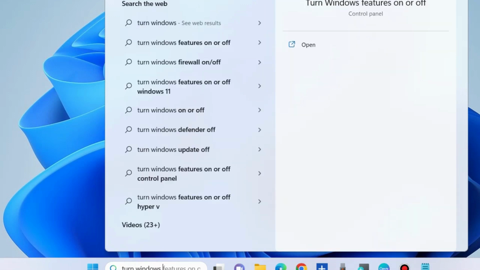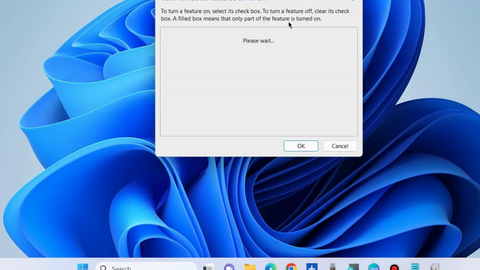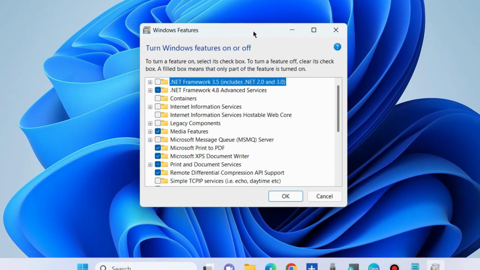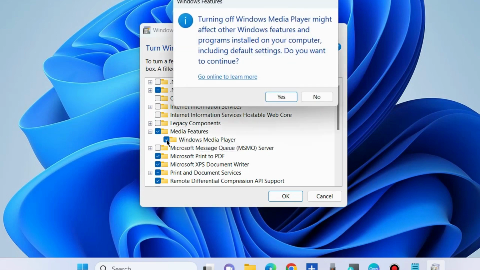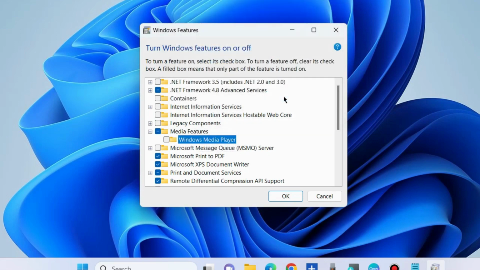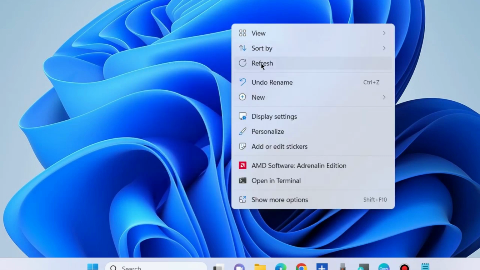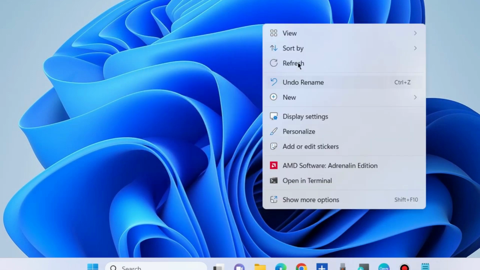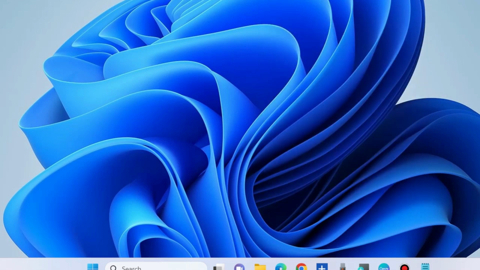Type "turn Windows features on and off" in Windows search and open Turn Windows features on or off in Windows 11 and Windows 10. Here, go to the Media Features section, expand it, and uncheck the box against Windows Media Player, confirm, and again re-enable it. Make the check against Windows Media Player and click OK. And check whether your media player error is resolved or not. If not, go to the next fixes, and the next fix is